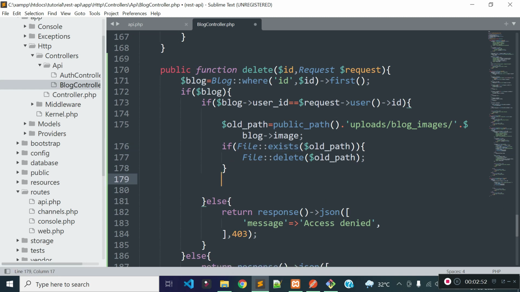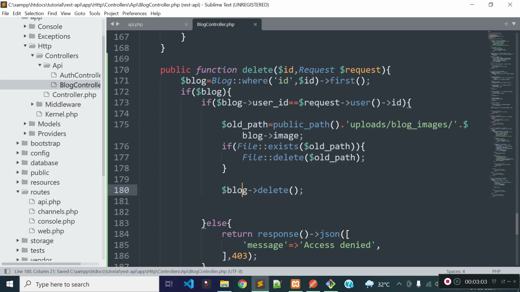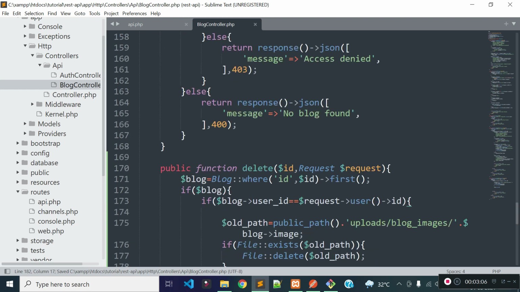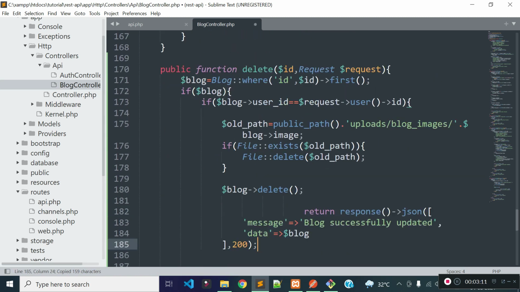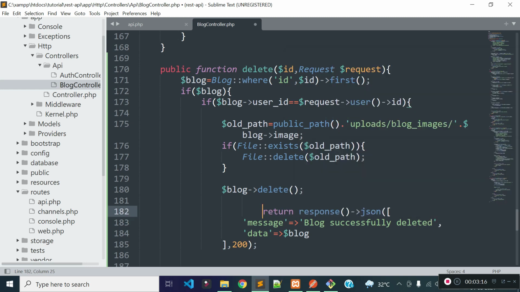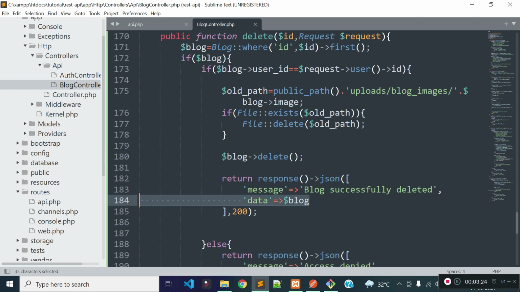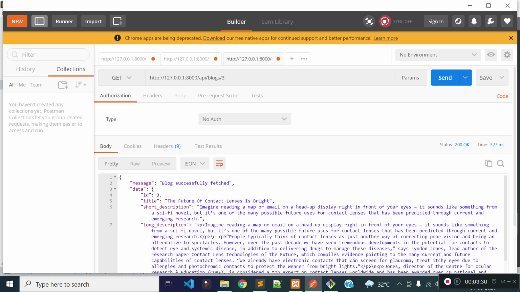And then we need to delete the record from our database tables, right? So we can delete the record with the help of the delete method of our Eloquent model. It will delete the record from our database tables, and after this I will return a JSON response with the message block successfully deleted. So that's it for the delete functionality. Another thing is that we do not need to pass data through this JSON response. Now it's time to test the endpoint from Postman. Let's open our Postman REST API client.